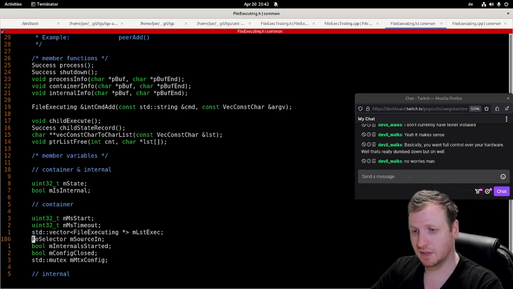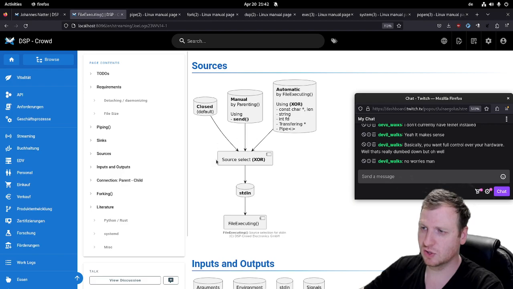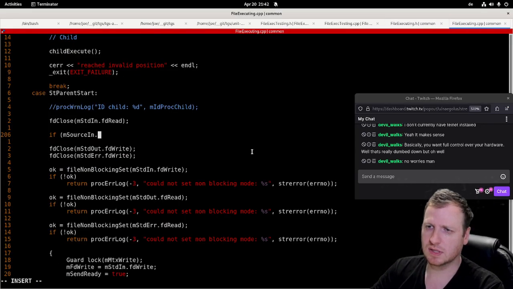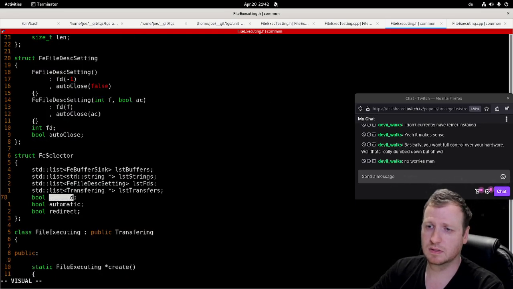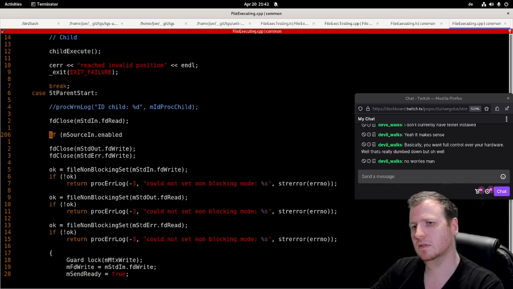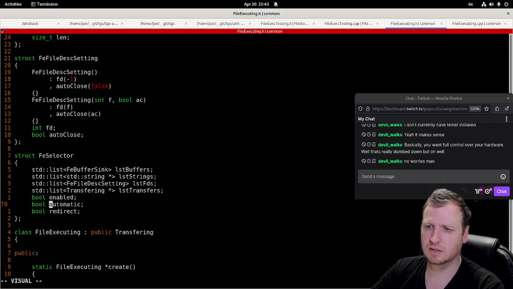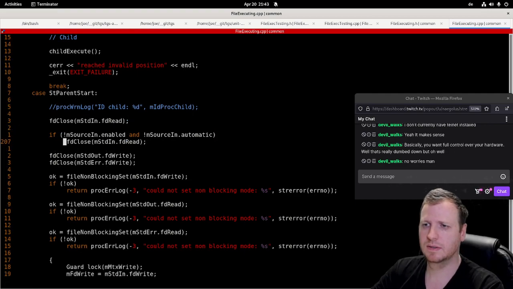Of course, now we have to check the source selector, and if the source selector says it's not enabled and the source selector is not automatic, then we have to close